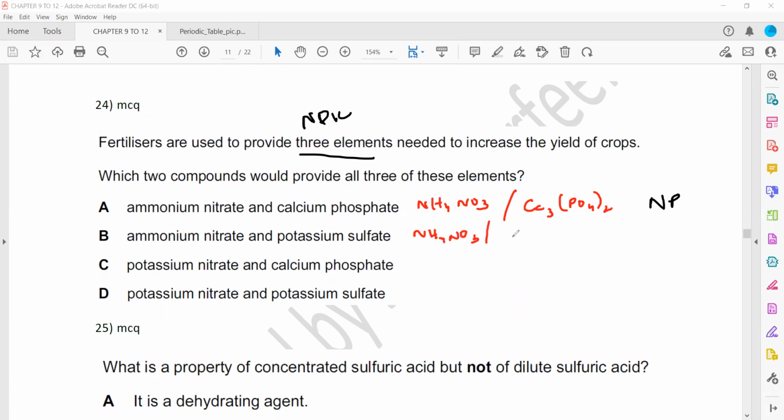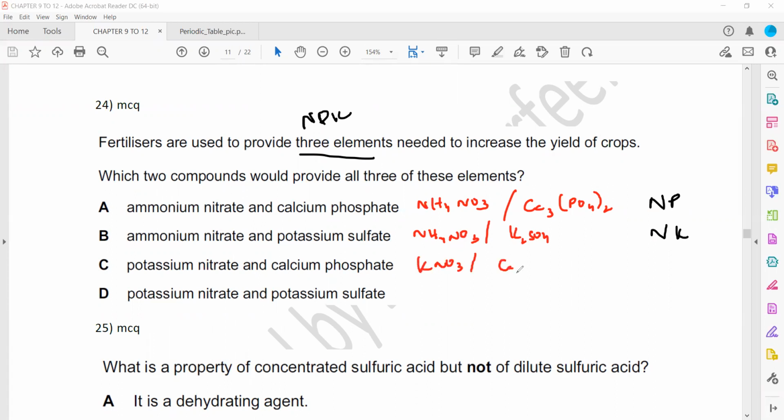and potassium sulfate? So which essential elements can this provide? It can provide nitrogen and it can provide potassium, but it cannot provide phosphorus because there is no compound containing phosphorus or phosphate. Then potassium nitrate